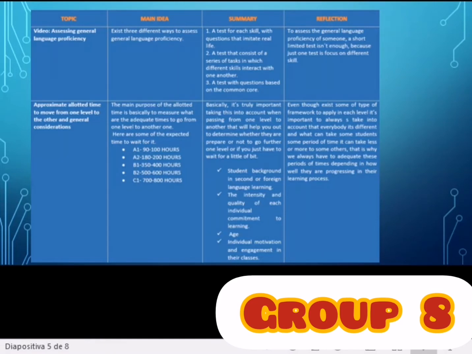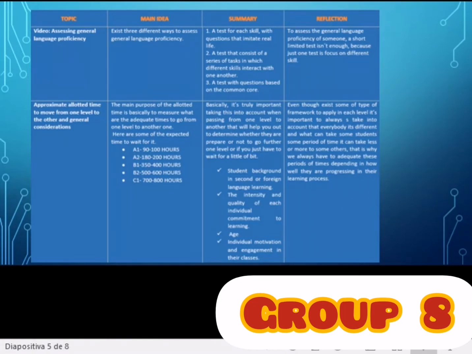Then the next topic is the approximate amount of time to move from one level to the other, and general considerations. The main purpose of the algorithm is basically to measure the adequate times to go from one level to another one. In summary, it's important to take this into account when passing from one level to another, as it will help you determine whether they are prepared to go further or if you just have to wait